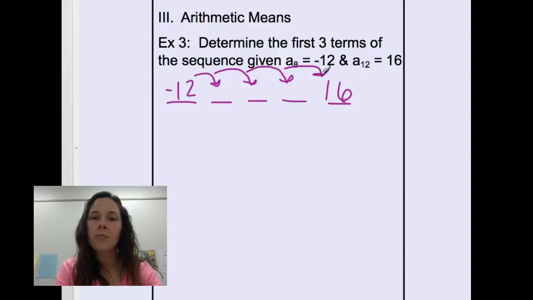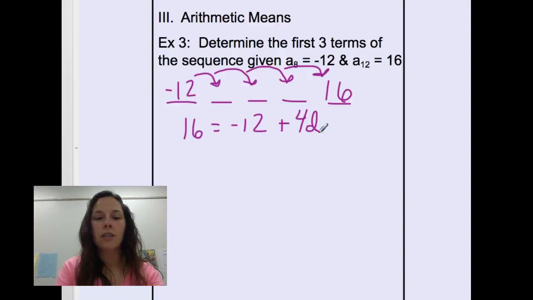So we're going to set this up with the explicit formula, but we're also just going to use our intuition to solve for the common difference first. So we have the last term that we know is the first term that we know plus 4 of the common differences. So when we solve this, adding 12 to both sides and dividing by 4, we get a common difference of 7. So that will help us to find the first 3 terms,